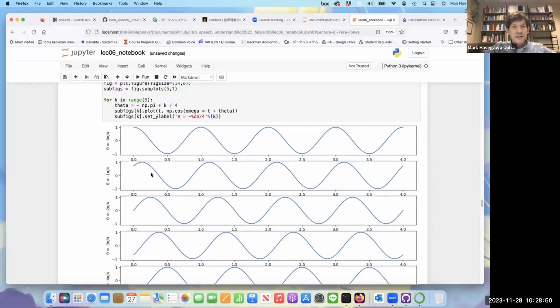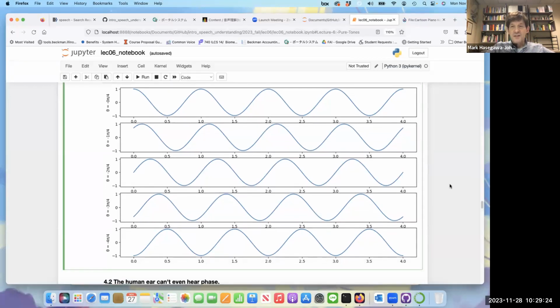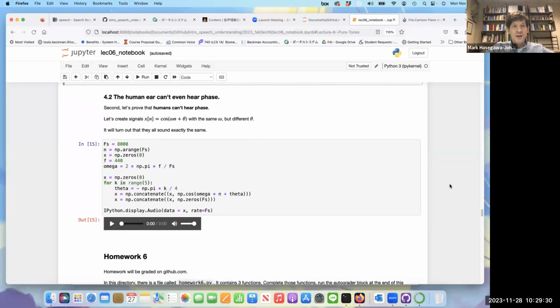And you can see that at 0, I have a cosine. When I have negative pi over 2, it looks exactly like a sine wave. In between, we have a phase of negative pi over 4, a phase of negative 3 pi over 4. When I set it to negative 4 pi over 4, it looks exactly like negative cosine. So as I shift it backward and forward along the time axis by changing the phase, by changing this theta, I'm changing from a cosine to a sine wave to a negative cosine. All of those differences, you can plot them, but you can't hear the difference. Humans don't hear the difference.